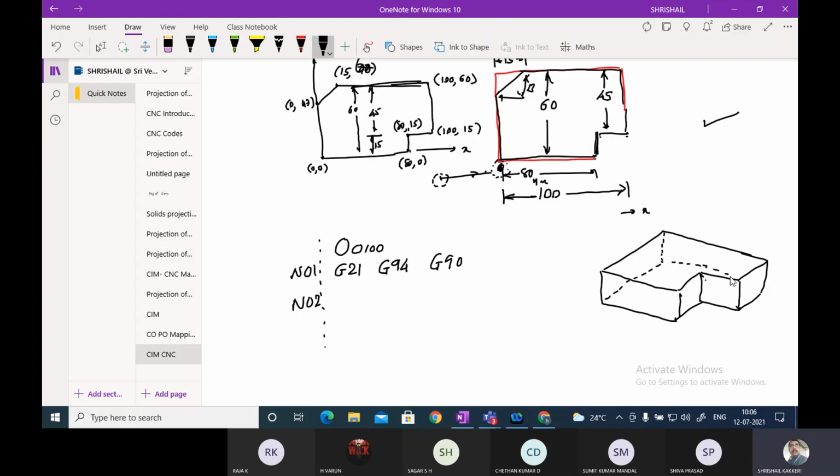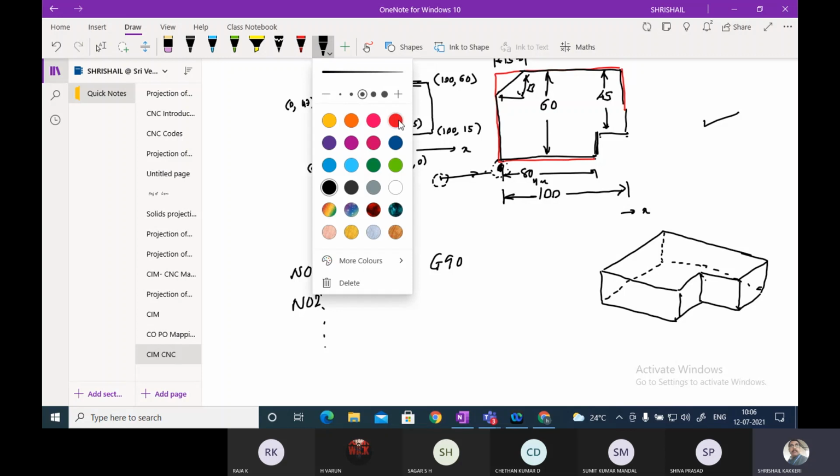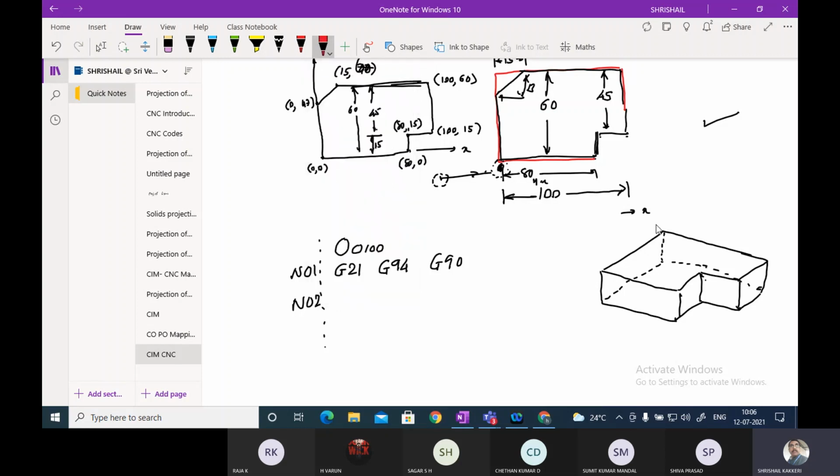Okay. This is one. Now you say this is the billet. I want to do the machining. Now you say this is the billet size.